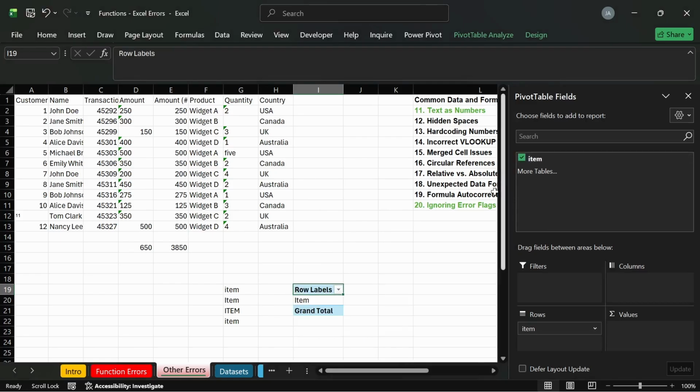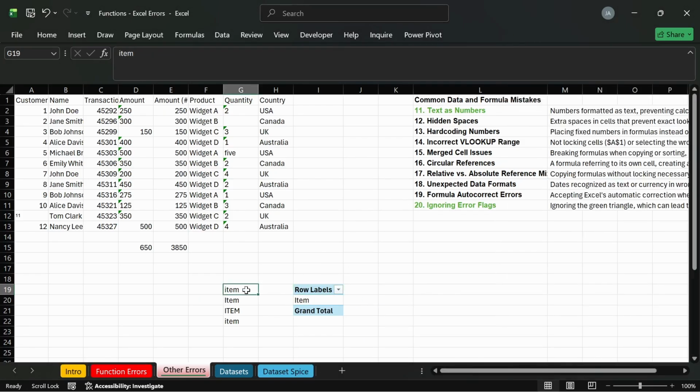So let's see now. Okay, it was able to clean up for me, which is very nice, even though I still have my space here. But if I do that manually myself, let me delete the pivot table. If I do that manually myself,